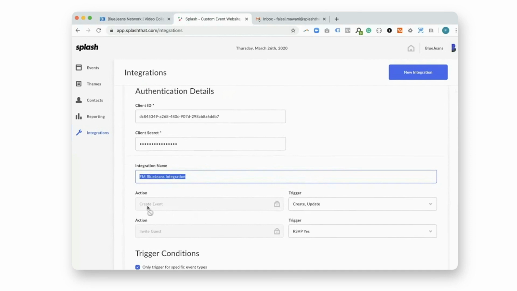So the initial action, create event, which is telling us when should we create the event in BlueJeans. And I'm saying I want to create the event based on Splash event creation. And if there's any updates to my Splash event, I want those to sync over as well. So if I launch this event and then I decide, hey, I actually need to adjust the date and time, I can do that in one place and not worry about having to manually update that in BlueJeans. The next piece is inviting guests. So the only option we give you here is to invite guests to this webinar based